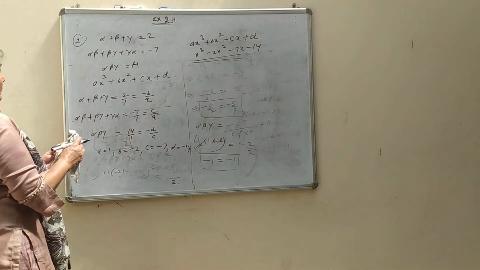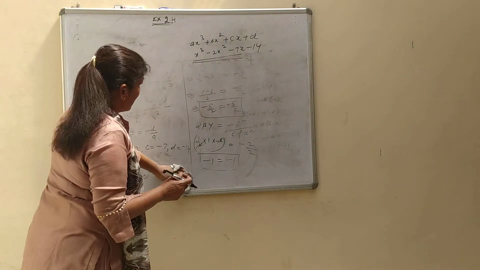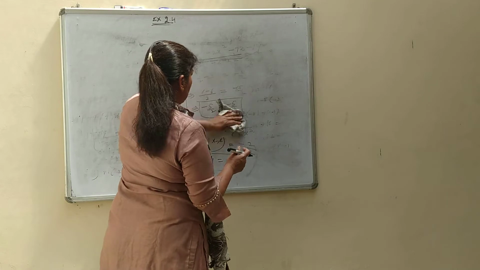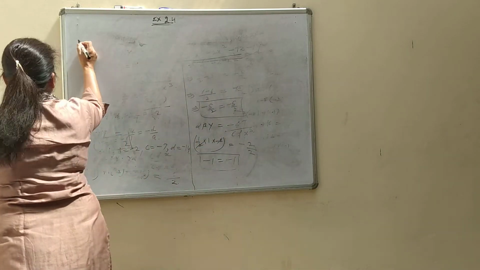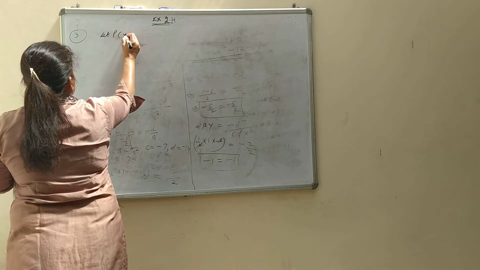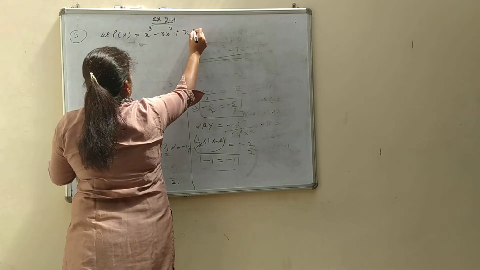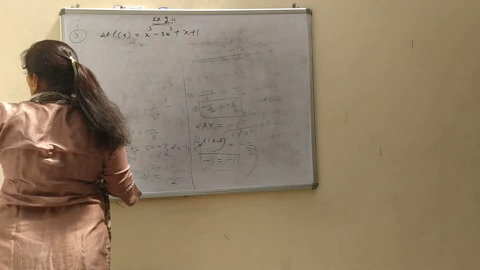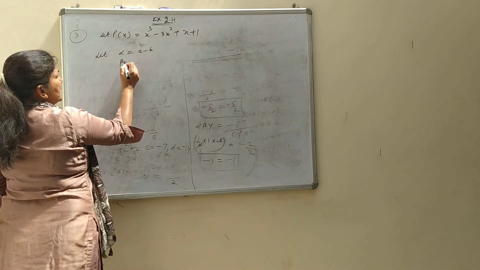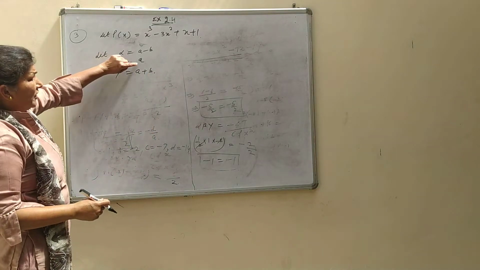Now after that, we are going to start the third question. Similarly, in the third question, we are given the 3 zeros and we have to find the values of a and b. Let p of x is equal to x cube minus 3x square plus x plus 1. 3 zeros, a minus b, a and a plus b are given. Let us suppose alpha is equal to a minus b, beta is equal to a and gamma is equal to a plus b. Now we have to find the values of a and b.